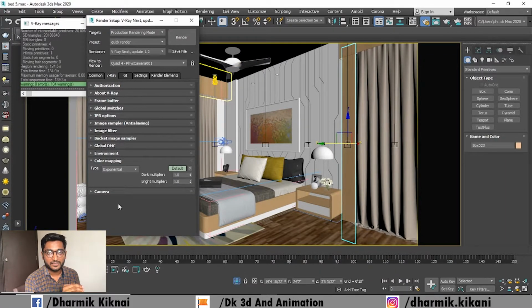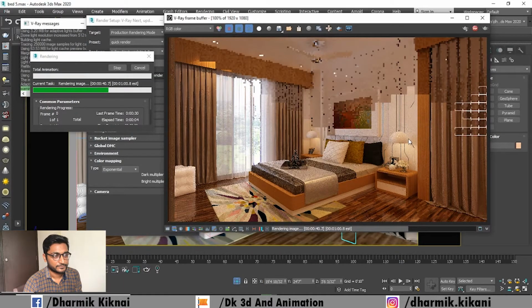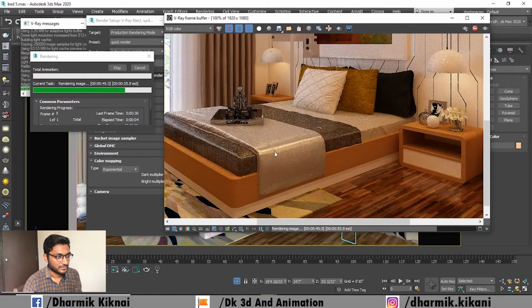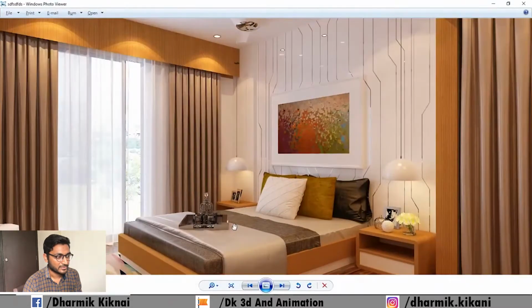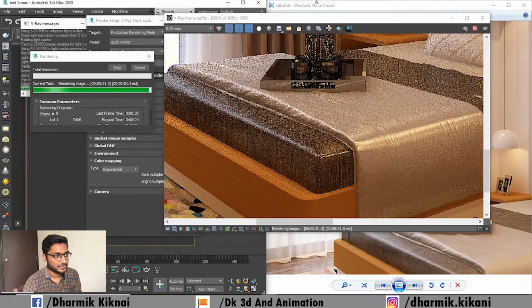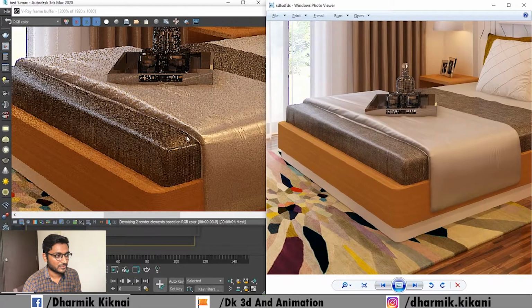So these are the basic things of V-Ray. Next, I start one render, which is a small quick render, so you can get a rough idea of low render and high render. You can see the black dots in all of this image, and you can see that this image is clean. As you can compare both images, you can see that. So this is the noise. It is removed after denoising.